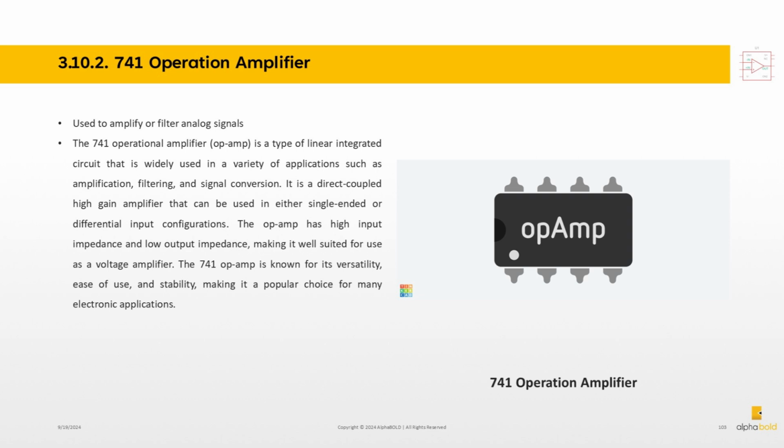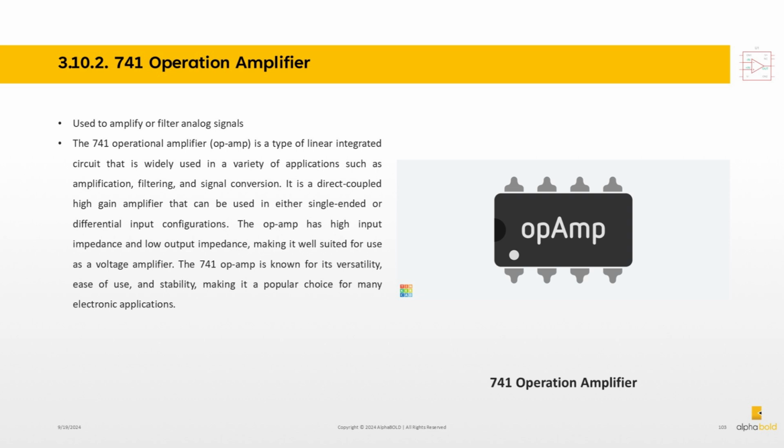The 741 operational amplifier, op-amp, is a type of linear integrated circuit that is widely used in a variety of applications such as amplification, filtering, and signal conversion. It is a direct-coupled high-gain amplifier that can be used in either single-ended or differential input configurations. The op-amp has high input impedance and low output impedance, making it well-suited for use as a voltage amplifier. The 741 op-amp is known for its versatility, ease of use, and stability, making it a popular choice for many